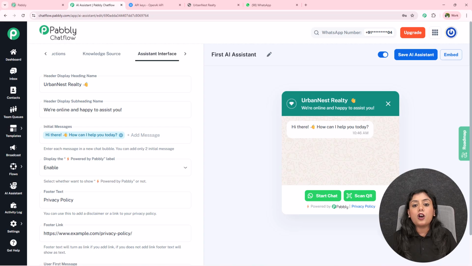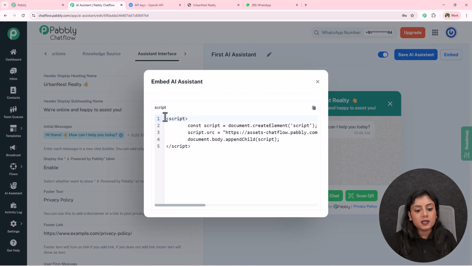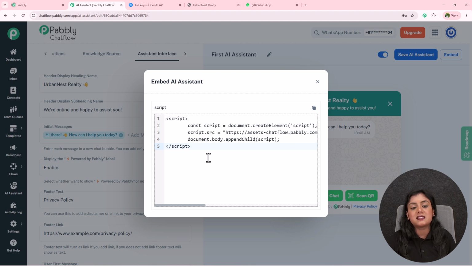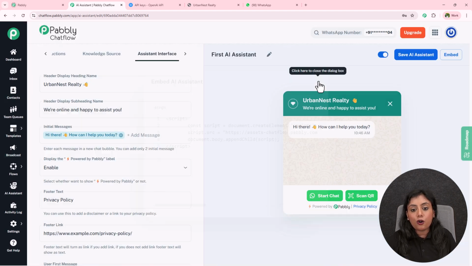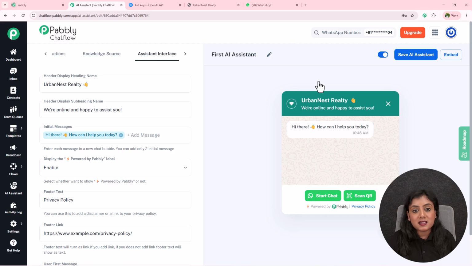Okay. So now if you want to use this amazing WhatsApp chatbot on your website, simply go to this embedded and you will find the script that you can copy and paste on your website code to add this AI assistant on your website. And also, if you want to assign this AI assistant automatically towards your contacts, what you